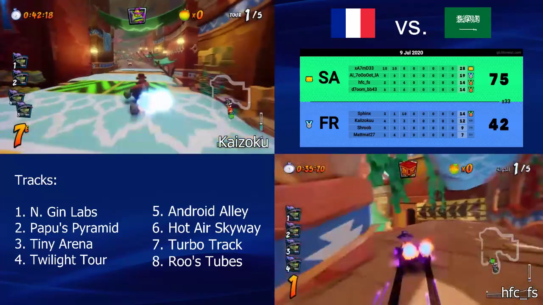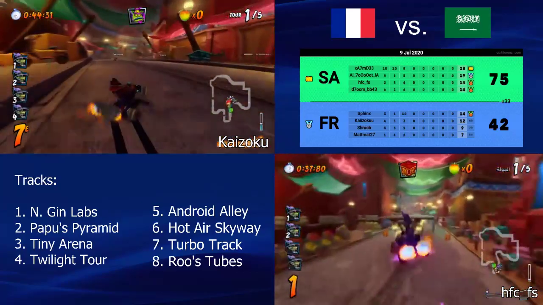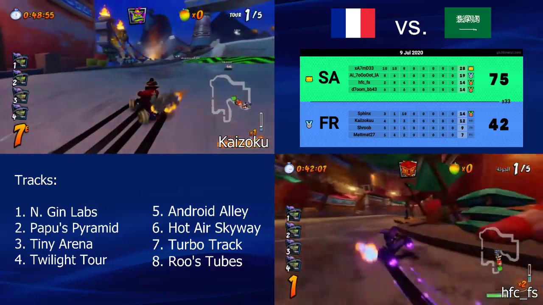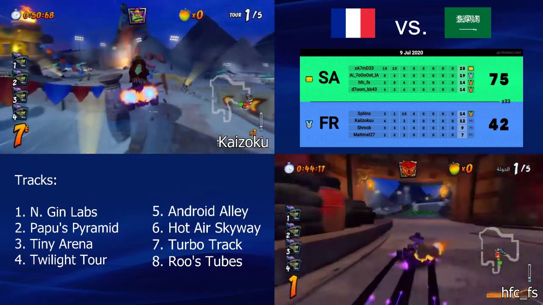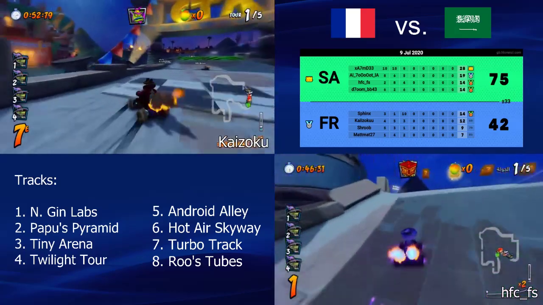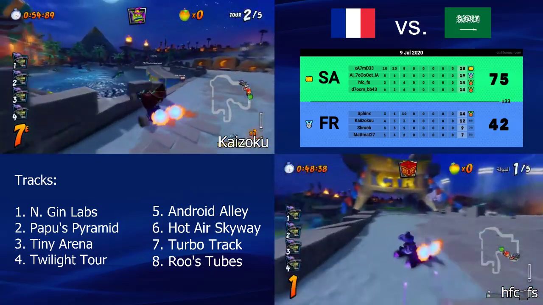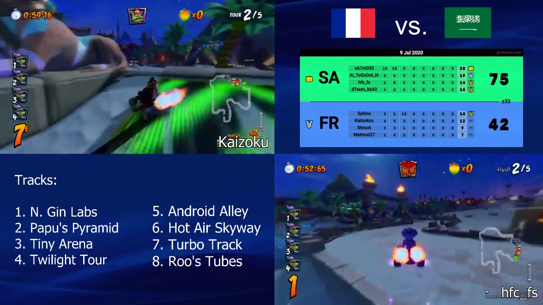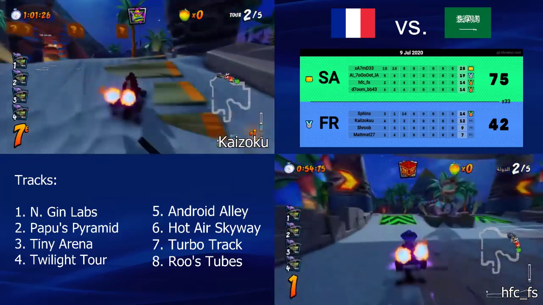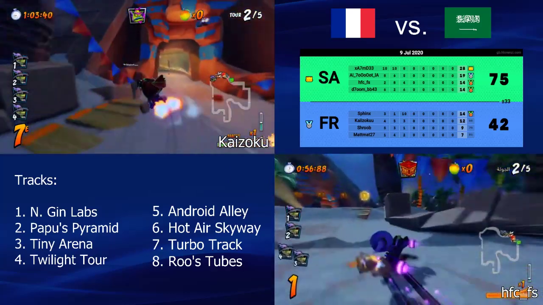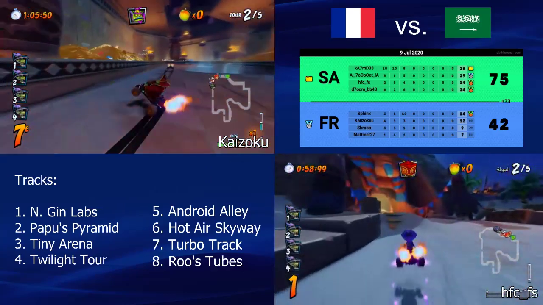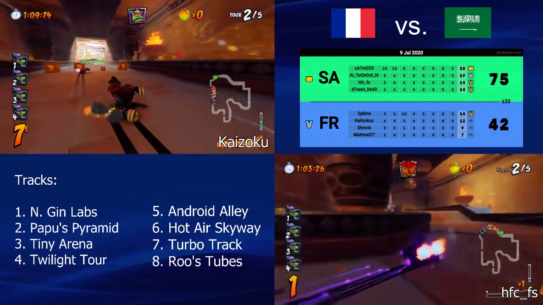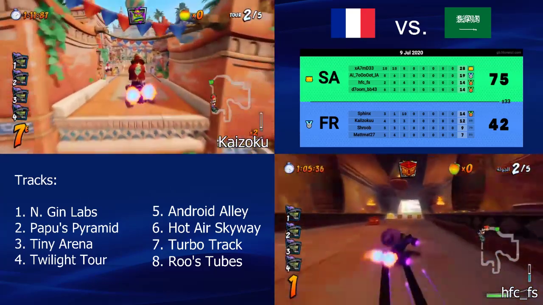And Twilight Tour is one of the hardest tracks to catch up, because once someone passed the fast SDP here, not even a juiced up missile is going to get them. You are out of reach for any item. No item's gonna reach you except the Warbow and a clock. So yeah, that's not the spot you want to be in. And this top 4 is looking pretty strong now. It's pretty much one-sided so far.